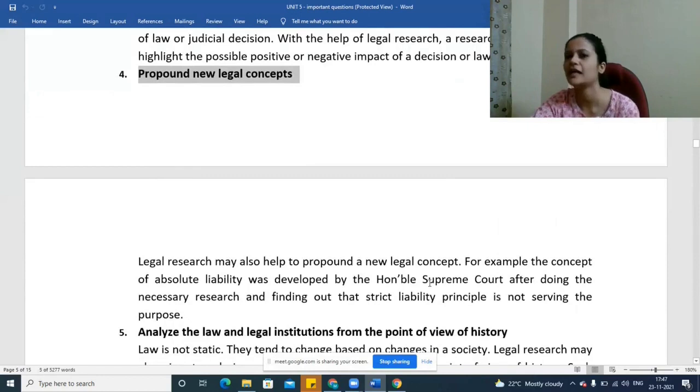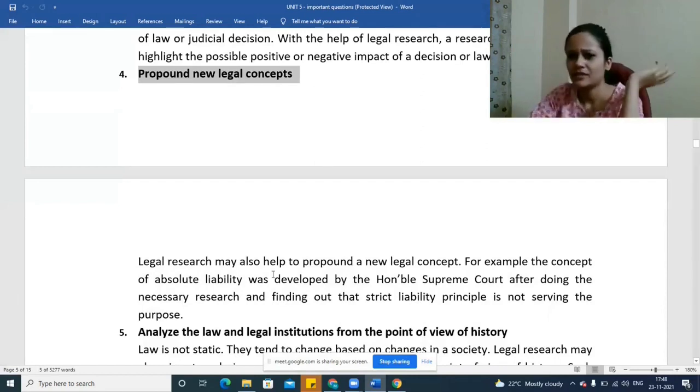The Supreme Court of India developed a new concept altogether. They said, we are applying absolute liability, where a person will be absolutely liable, no exceptions. We are not seeing whose fault it was, who was negligent, nothing. If from your house water is escaping to your neighbor's house, you will be held liable no matter what. That means it is an entirely new legal concept that was developed. Is it clear? Yes. Yes.